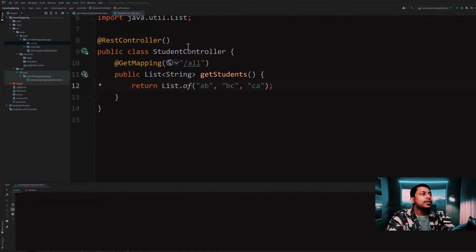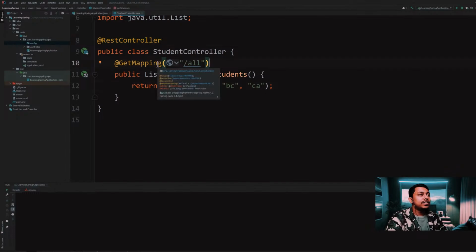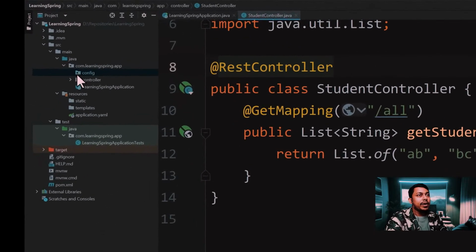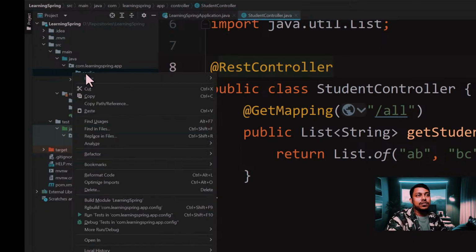So here we have a REST controller which is serving a list of strings. Now we want to have filtering in our Spring Boot application. Here we have a package called config. Inside that config package I'll be creating my filter. So let's say I want to log all the requests and responses with a filter. So I'm creating a filter called